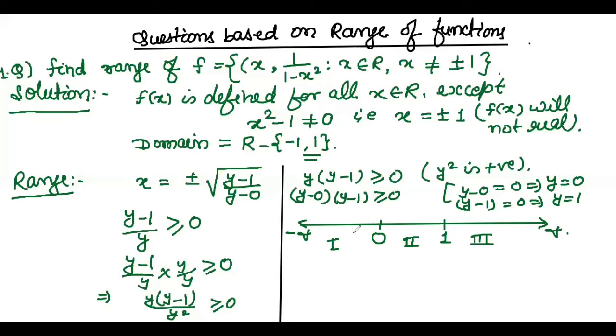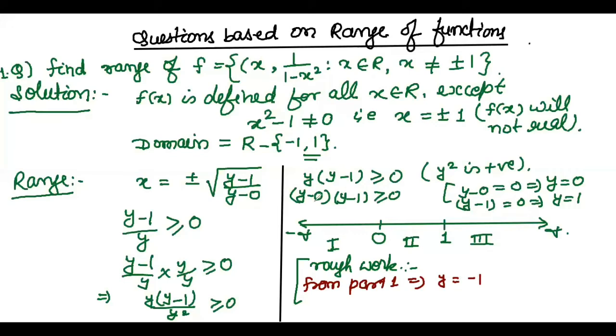So the pattern is, we will select one part. I'm selecting any one part, you can select any. So I'm selecting part 1, and from that part I am going to take one point. This is rough work. I'm going to apply any point from part 1, which means in between minus infinity to 0. Any number I can take, so I'm taking y equals to minus 1.